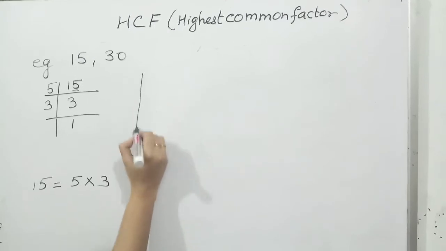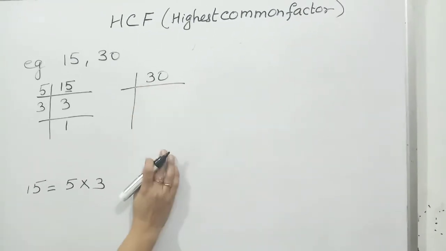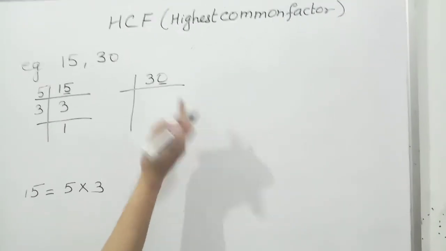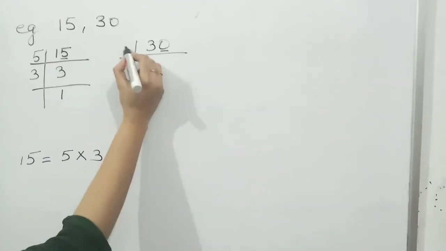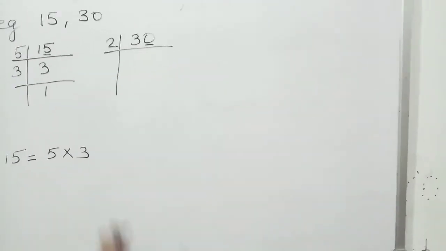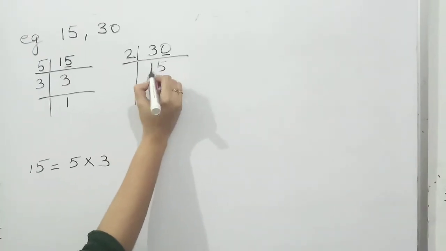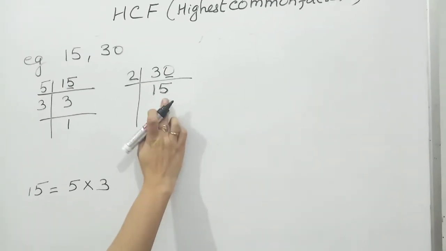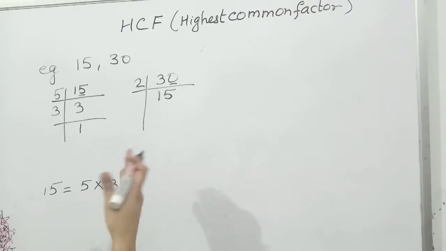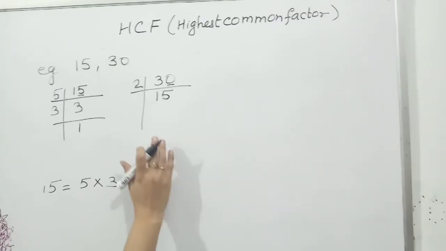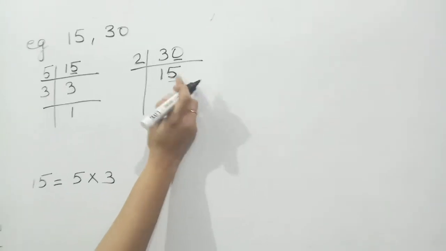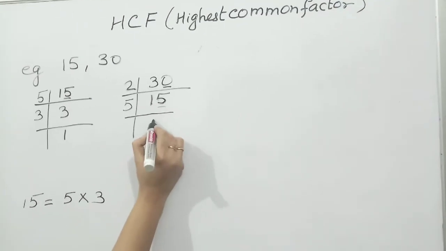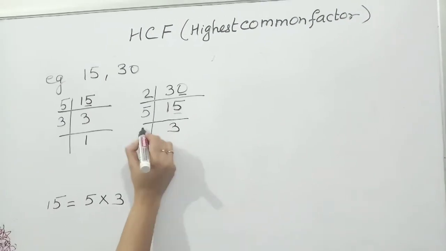Next I am going to find out the factors of 30. So first of all, at the ones place, this is an even number. The even number is always cancelled by 2. So I will start with 2, and it will give 15. 15 आ जाएगा. Okay. Then next we will use the divisibility test, which makes it very easy to find the factors of any number. In this number, the last digit 5 is given, so it can easily be cancelled by 5. 5 3s are 15, and then finally 3.